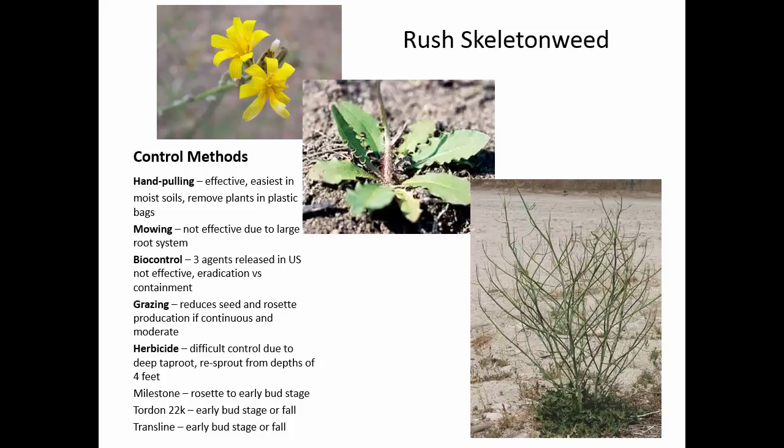But the thing with rush skeleton weed is that you can hardly tell there's a plant there when it's growing in with other vegetation, because there's very little leaves on the stems. So it's hard to see. But it stands out when you do finally focus in on it. You're like, that looks weird, like something defoliated the whole thing. Those seeds can get up in the wind currents and go like 25 miles. So we don't want this one.